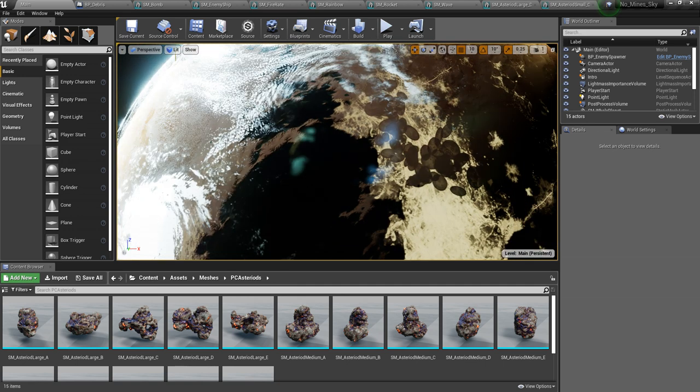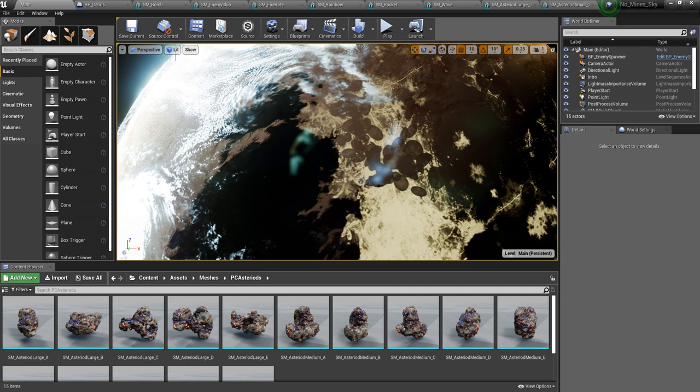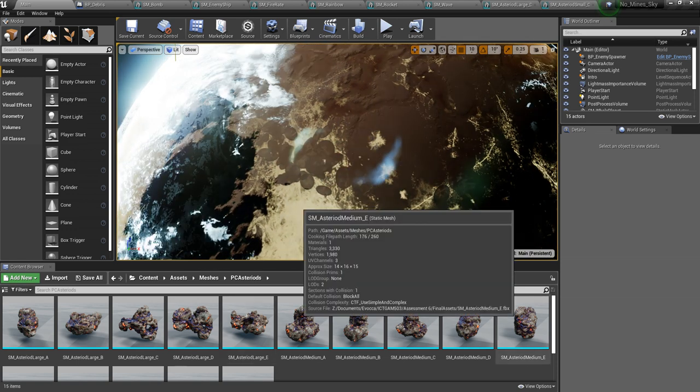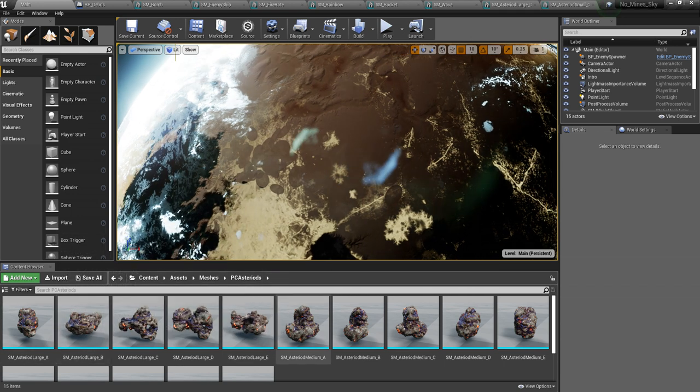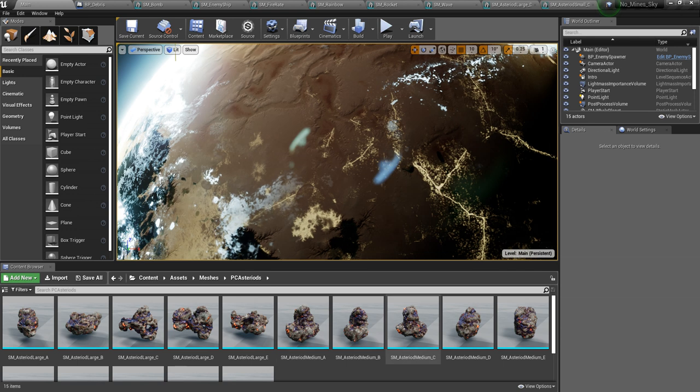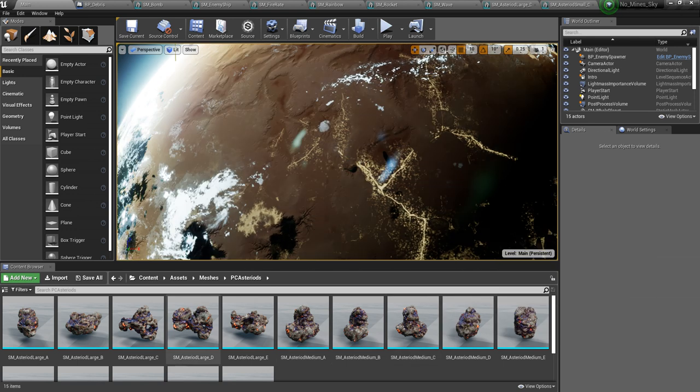Some of the other stuff that we've got to talk about is some of the progress that I've made on the asteroids. You can see here we've got a series of them collected up here, so you can see what some of them look like. So we've got quite a variety in here. Some of them are made to